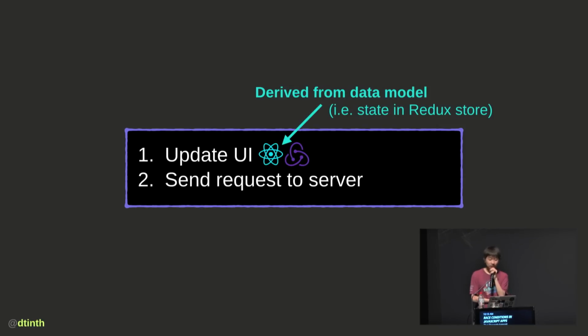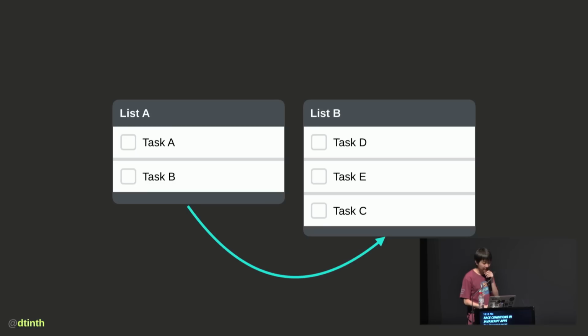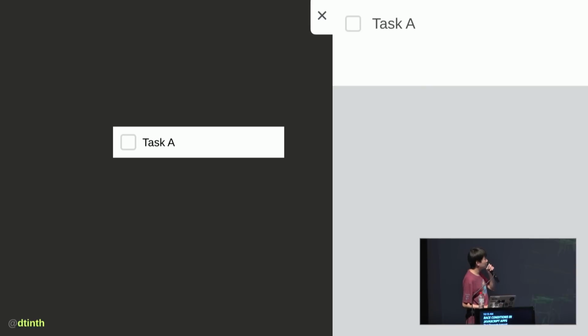But our app uses React, and when we use React, we like to derive our user interface from the underlying data model. In this case, it's the Redux store. So in order to preserve the unidirectional data flow, we update the data model instead, and we're going to let it flow into the UI. For this example, moving a task is a bit of a complex operation because it involves both a task and the list. So instead, I'm going to just focus on something simpler, such as